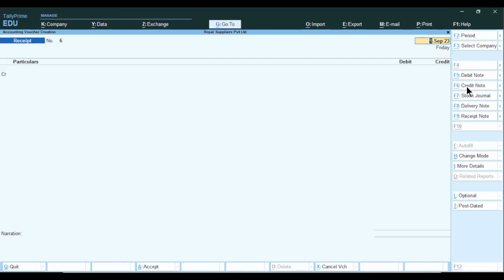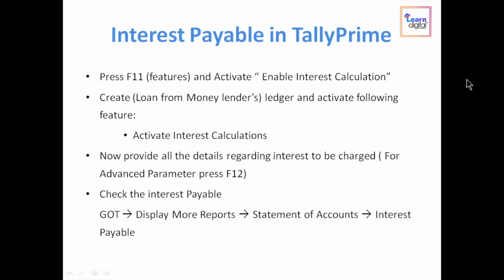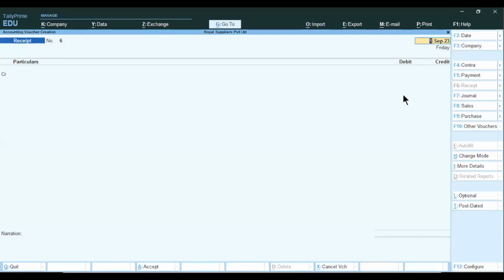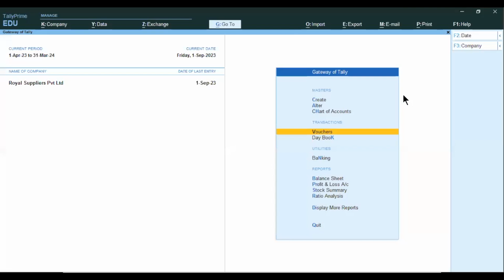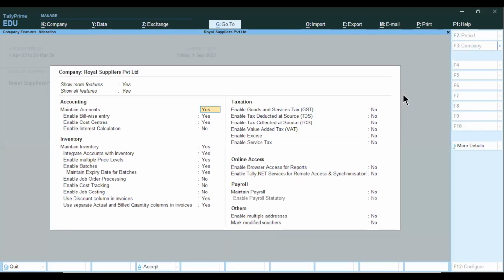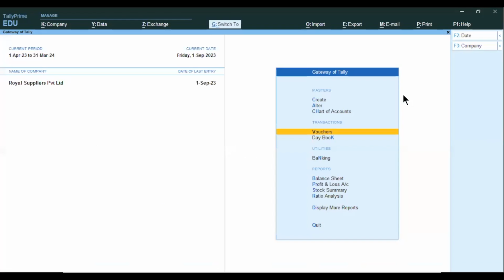But as we need to calculate interest on the loan amount which we have taken, we first need to activate interest calculation for our company in Tally. So the first step is to go to company features by pressing F11 and activate enable interest calculation. Before entering the voucher, we will open our features screen. Press F11 and there enable interest calculation. Enable this question, press yes, press Ctrl A to save the features. And now the next step is